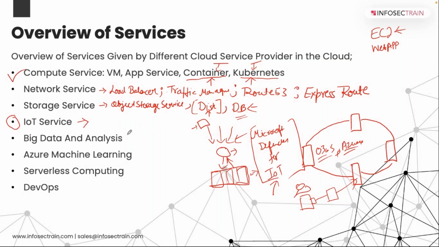Then there is going to be the big data and analysis part, right? So when we are talking about this big data and analysis part, there are big data services from Azure itself and from AWS itself for performing all the ETL, working with Hadoop and different services as well. They are there, like Databricks, Azure Databricks service.